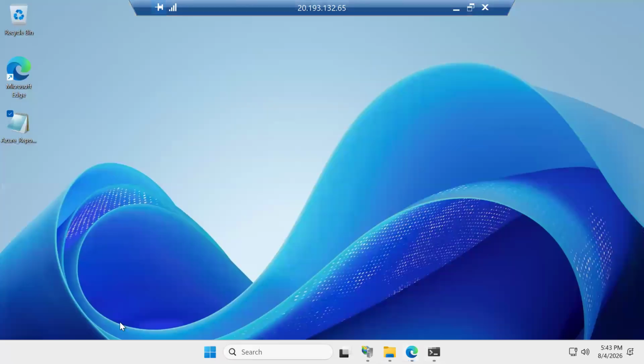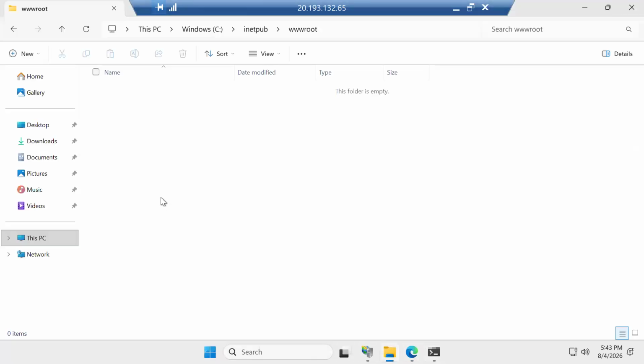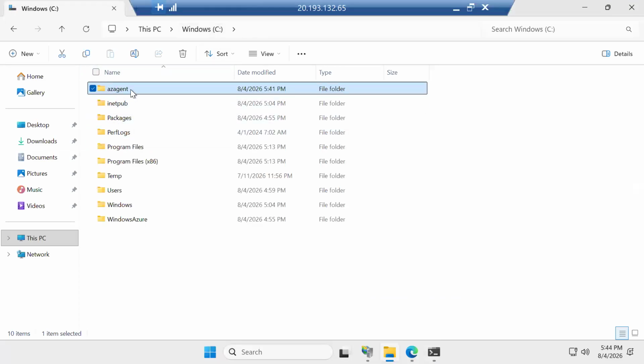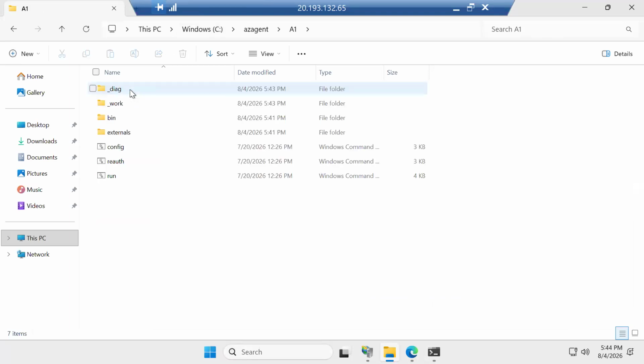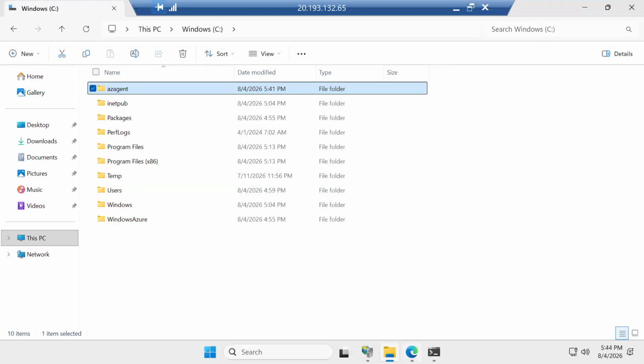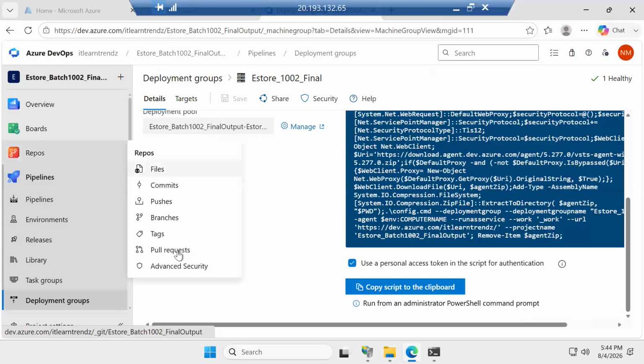Now go here, go to folder, go to C drive. You see AZ agent is created, a folder is created. Yes or no? Correct. In that, you will have all the artifacts. So what will happen, once you've done this, you go back